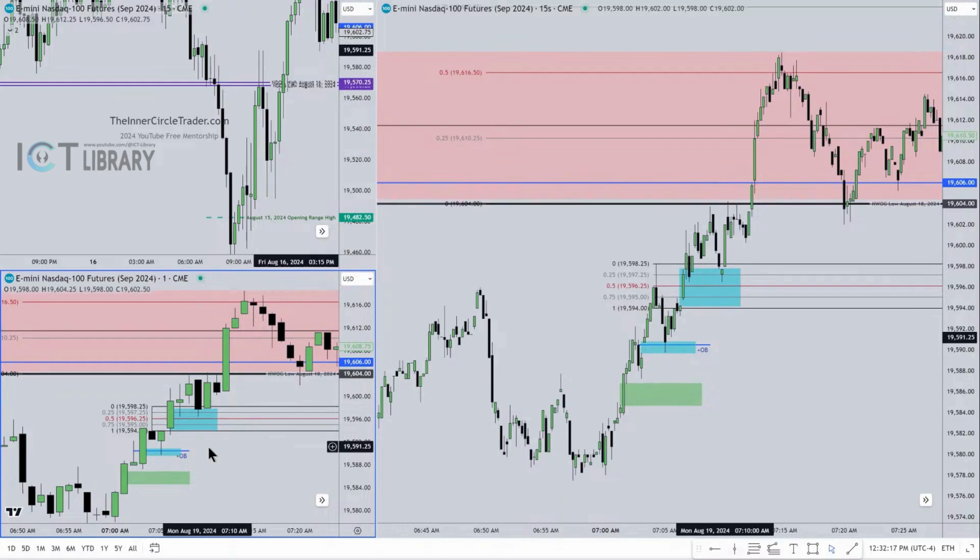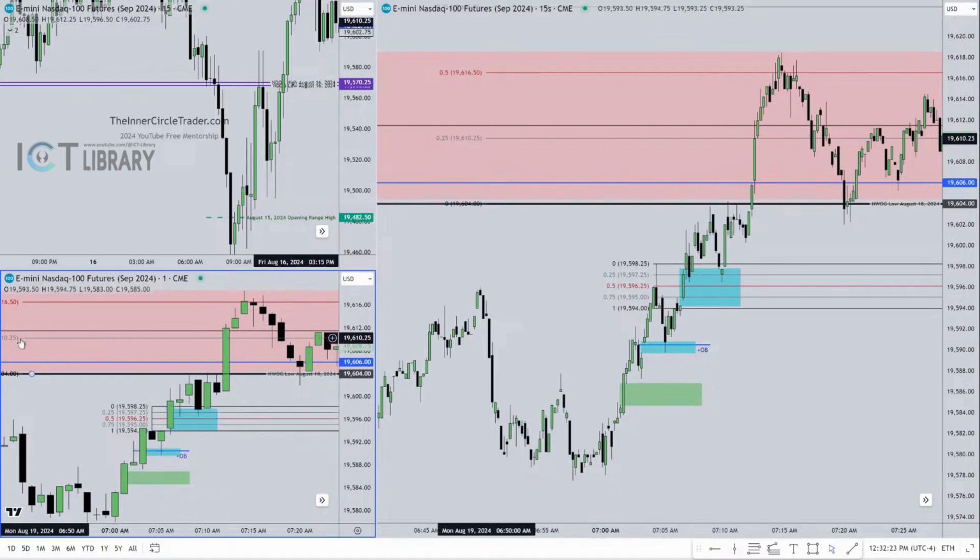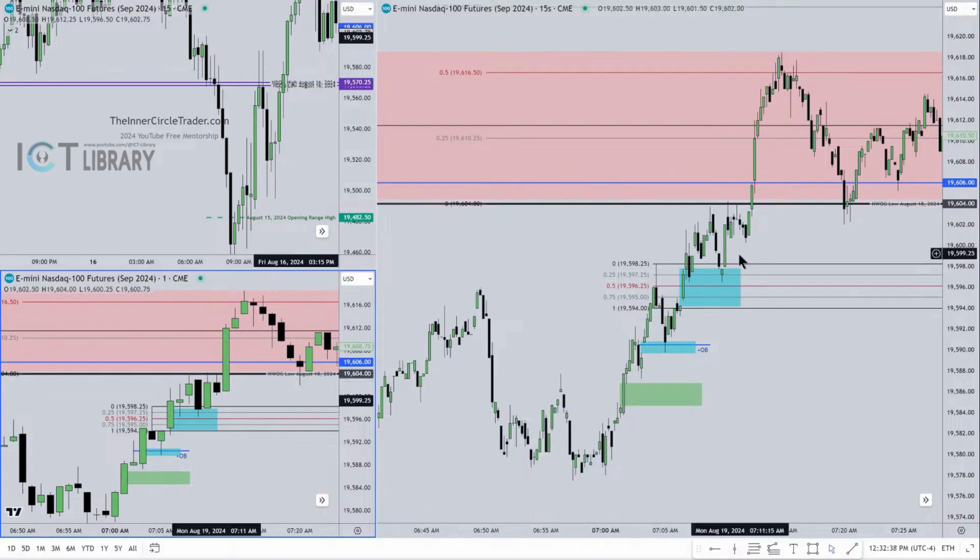So if I'm looking on a 1-minute chart like this, and I'm expecting price to gravitate up to that 19,610.25 level, which is right here as well on the 15-second chart, it could trade up to the halfway point of the new week opening gap, which is over here, okay? But I want to be able to teach my son how to get very easy objectives where it's not hard work. It's more likely to fill this one than try to reach for something that's really high and lofty,